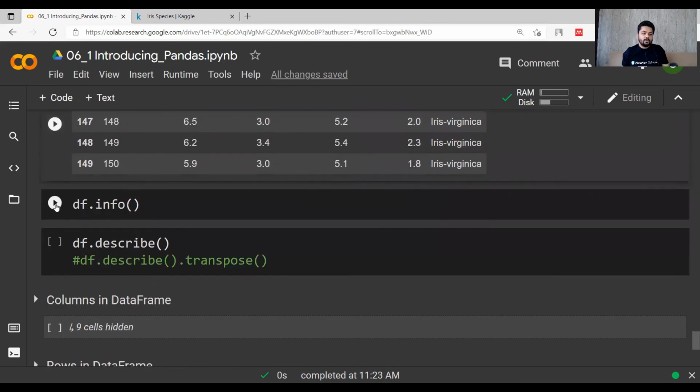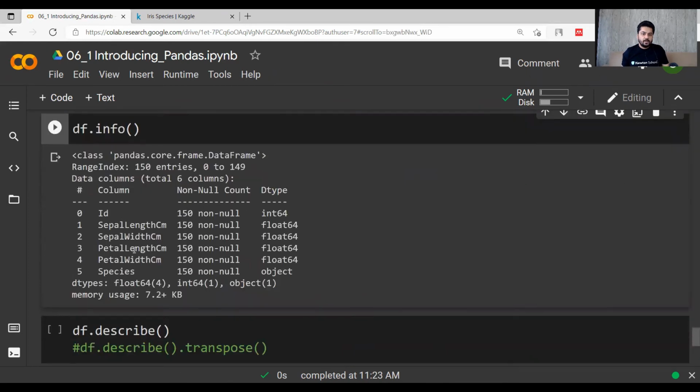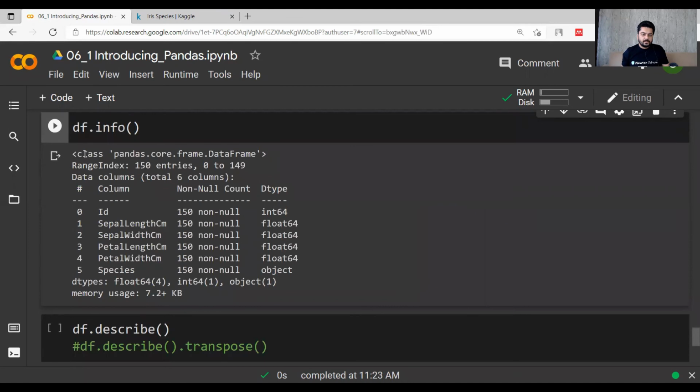So now if I use this df.info function, you will notice that this is the detailed version of what are the values and how many types of things are available to us. You will notice that this sepal length, sepal width, petal length, and petal width are floating numbers. This id was my integer value, species was an object value. So these are the things available to us if we analyze this